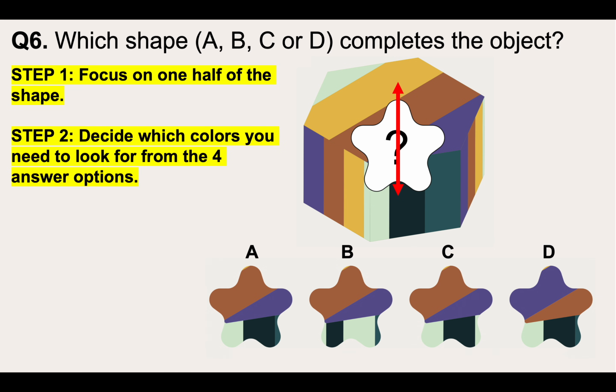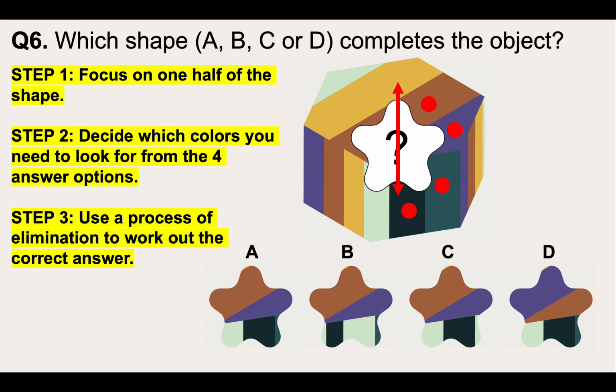Step 2, decide then which colours you need to look for from the 4 answer options. So I need to look on that right-hand side for a dark green, then a slightly lighter green, then purple, then brown. So I then go to the answer options and I use a process of elimination to work out the correct answer. So if I look at answer option D, we'll see it's not correct because that goes dark green, a slightly lighter one, and then brown and purple, but the purple needs to be the other way around,